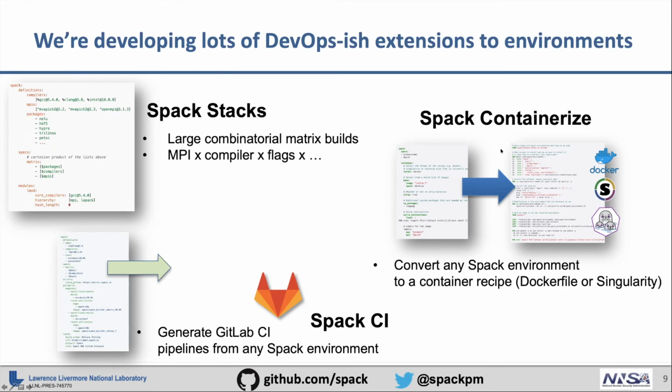We have this Spack containerized feature over here, where you can take an environment and turn it into a container image for Docker or Singularity or Podman. That gives you a build recipe that you can make pretty quickly. And then we also have this GitLab CI support down here, where you can take an environment, say one of these large matrices, and just generate a GitLab pipeline to build it all in parallel in CI. And as you push to the repo, this will get rebuilt over and over again. You can make binary caches of those things, and so on. So there's a lot of sort of DevOps workflow that we